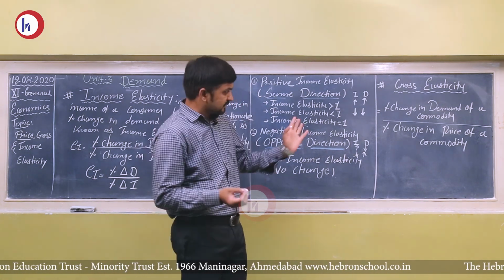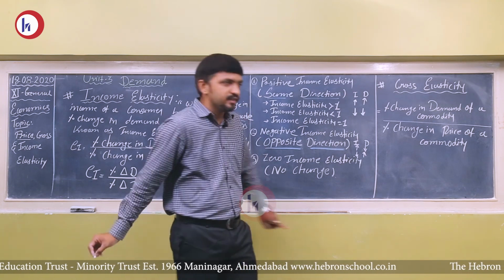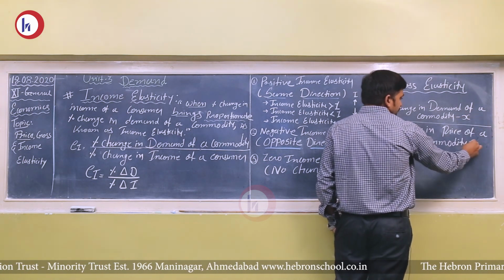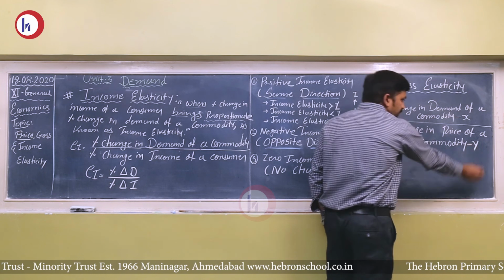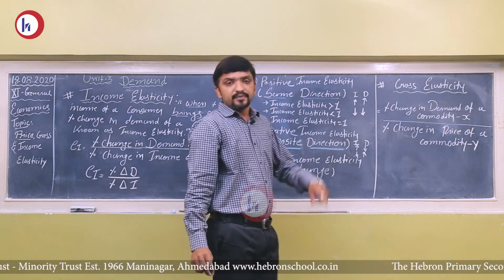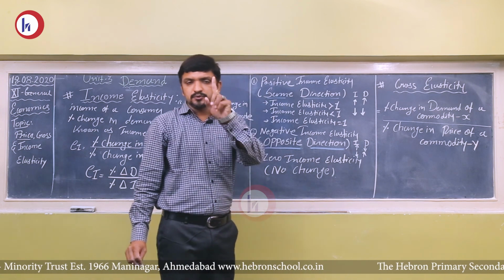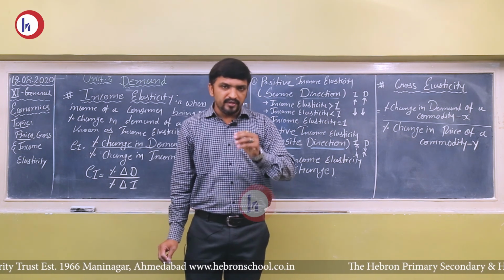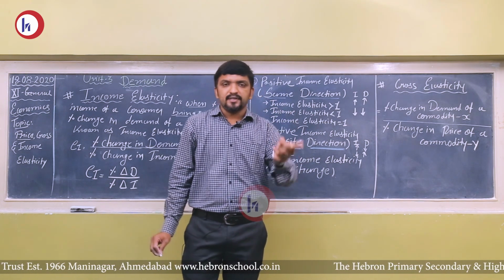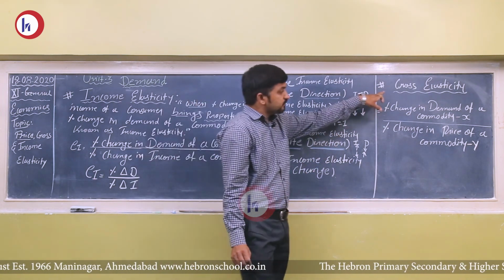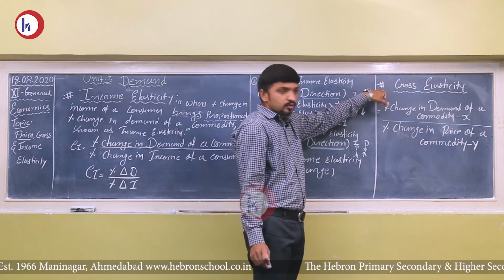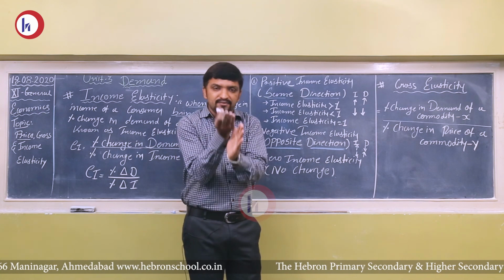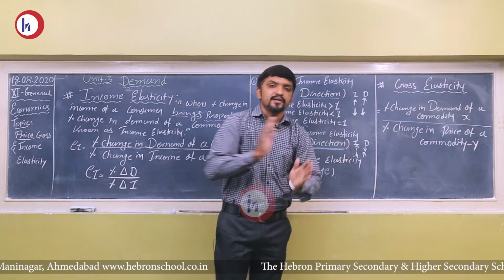तो यस, it is the same, but the only difference will be percentage change in price of a commodity X upon percentage change in price of a commodity Y. In price elasticity, demand and price was for same commodity. It means if we are talking about commodity X, so we are talking about demand and price of commodity X. But in case of cross elasticity, price of a related goods and its effect on the substitute or complementary goods.